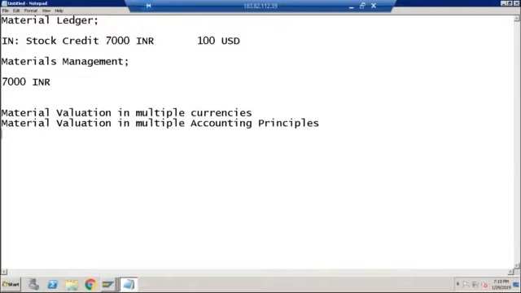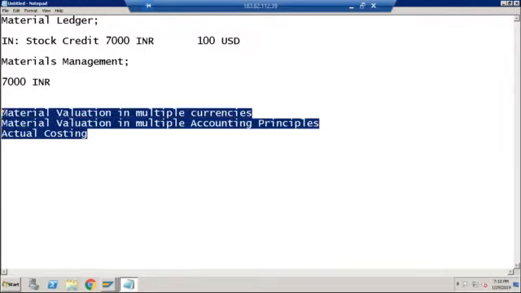And third one is actual costing, okay, which is again one of the topics within material ledger. So I'm not explaining this now because that is not relevant in our case currently. Maybe I think most of us are in a CO session, we'll be discussing this topic in very detail. Okay, so here we are just talking about the delta. In the delta, there is no change in actual costing, so I'm just ignoring this topic. So these are the 3 things which can be possible only with material ledger functionality.